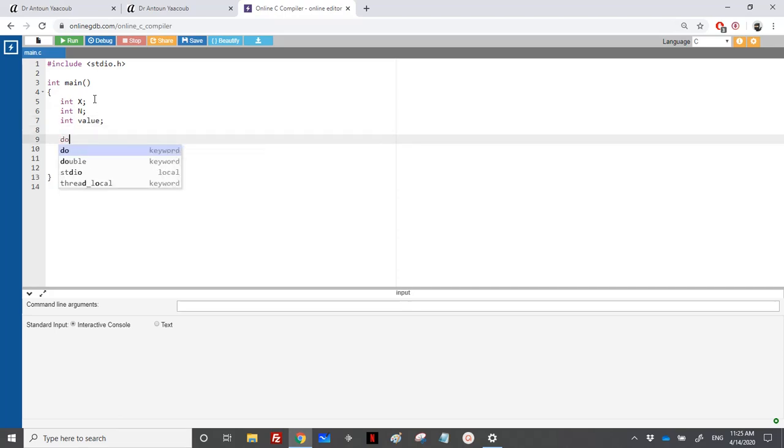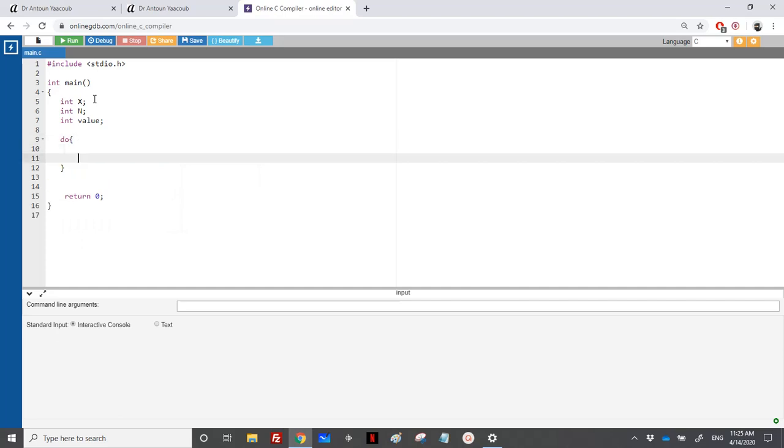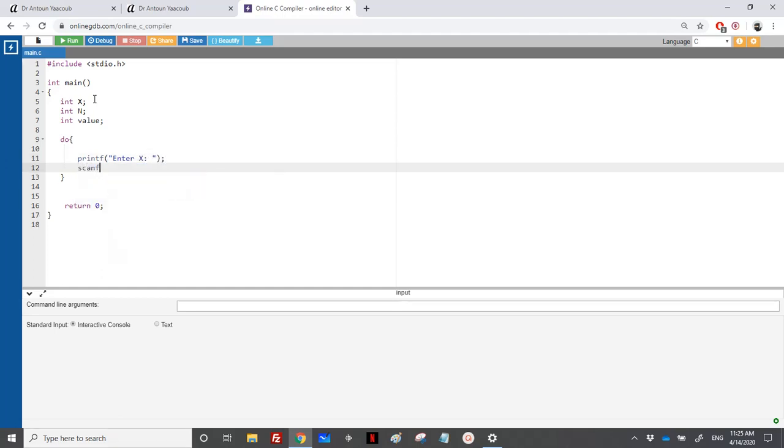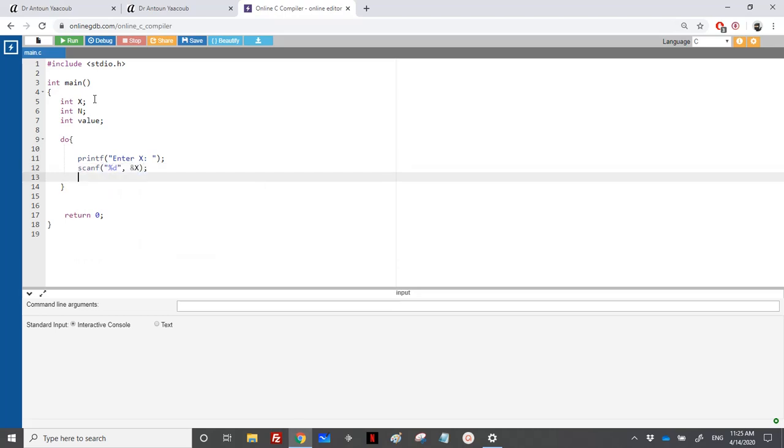We'll use a while, because I need to read a number before checking if it's 0. So printf "enter a number", because I will end the program when it's 0. Enter x,